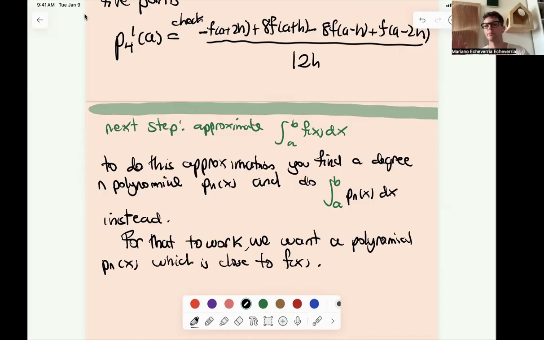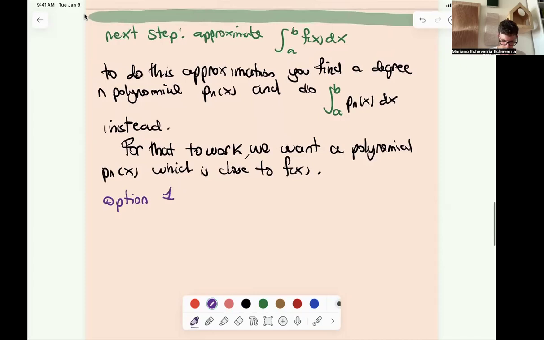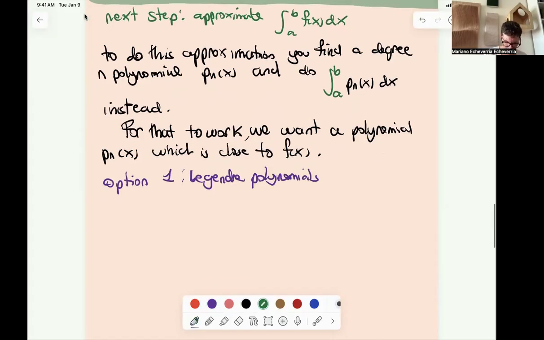And before I say what we're going to do, here's a possibility you could have had. You could have used the Legendre polynomials, because if you remember, we talked about that maybe late last week or earlier this week, when you have